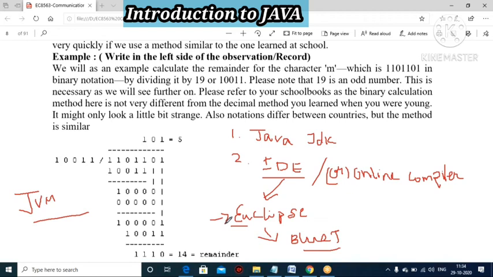Who handles executing your program? The OS and the processor. These two are the devices which help to execute your program. So the Java Virtual Machine contains editor, compiler, linker, loader, then execution. This is a short introduction about Java.